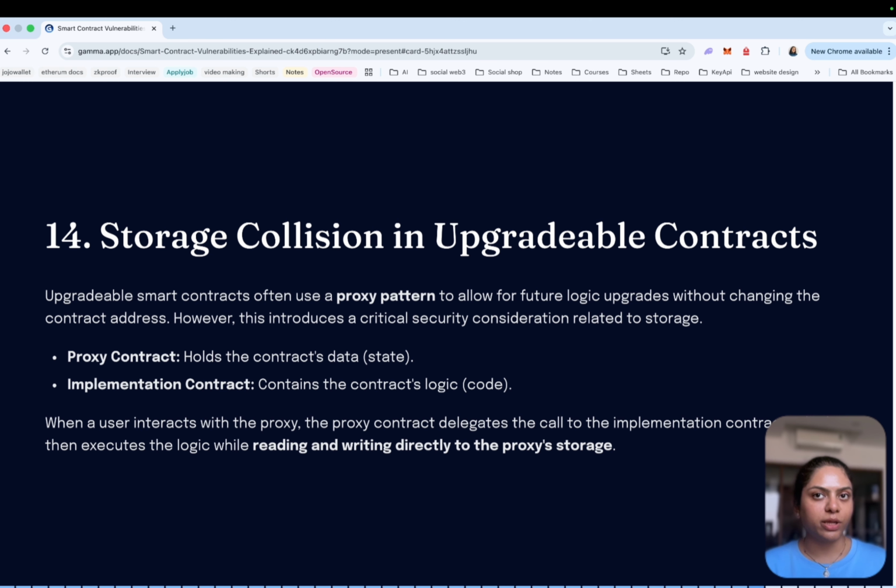The protocol deploys the proxy contract. The proxy stores the critical variables. The protocol upgrades the implementation. The new implementation changes the storage layout, and the contract reads the wrong storage slot. Protocol state becomes corrupted. So how can developers prevent these collisions? By following strict upgrade